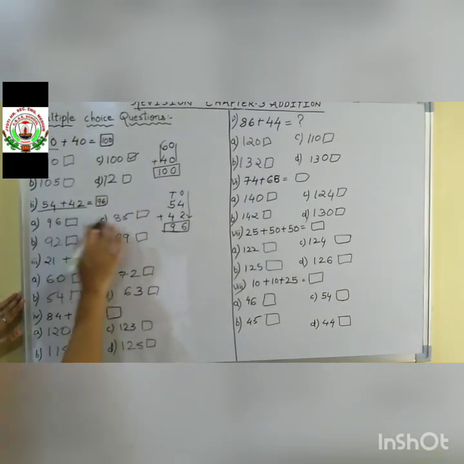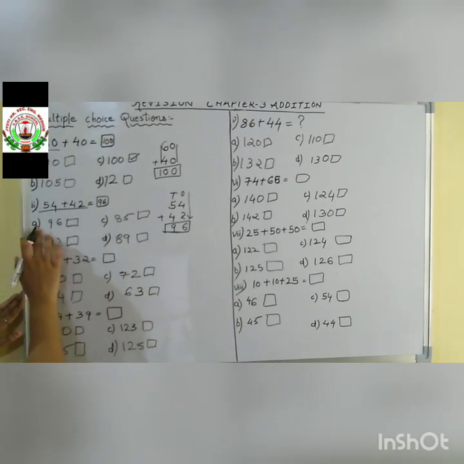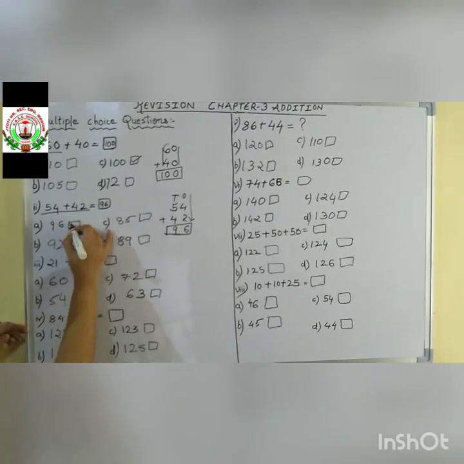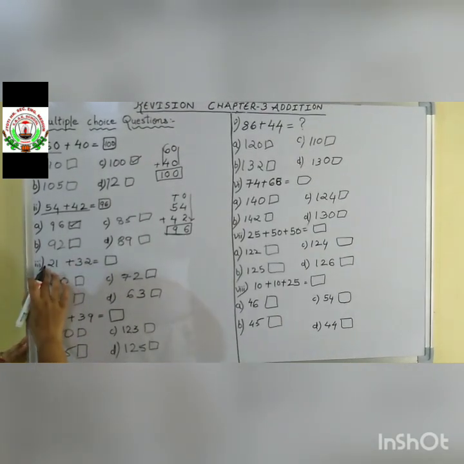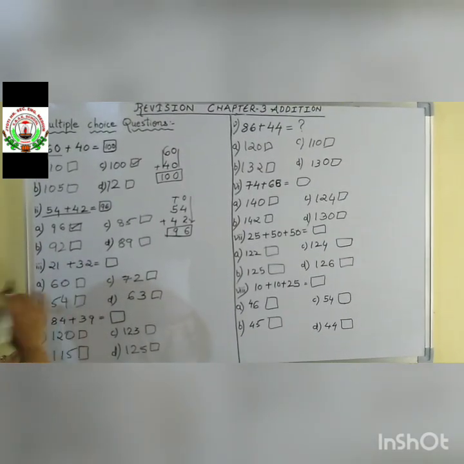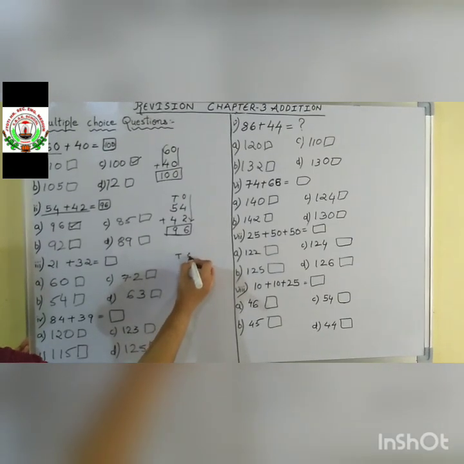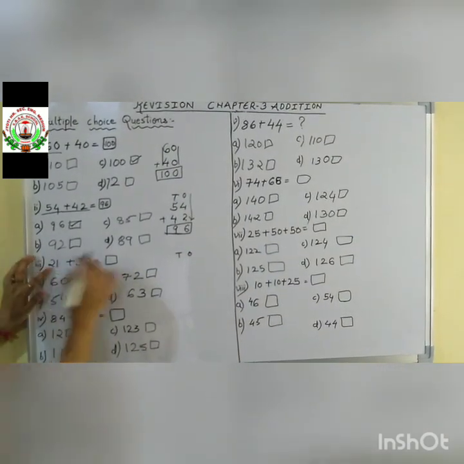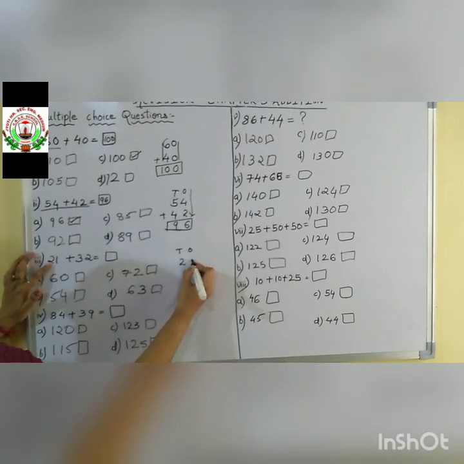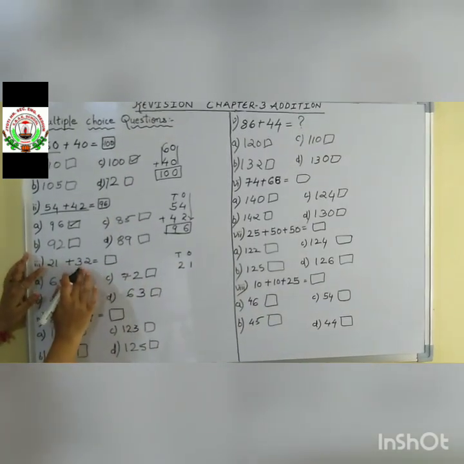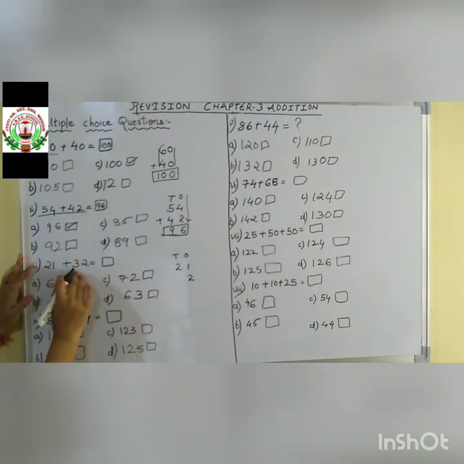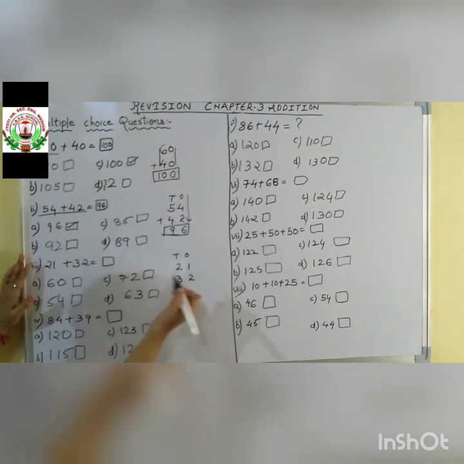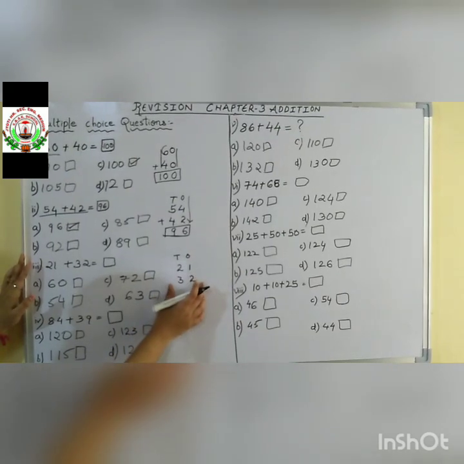So we have to see whether option 96 is there. A, 96 we get in the first only. So we'll put tick mark in the option number A, 96. Next question, 23 plus 32. Tens place, ones place. Okay, 23. First number 23 written. Then after that 32. Starting from 2, it will be coming in the ones place. Then 3, it will be coming in the tens place. Yes or no? Yes. Write down this way and put the addition sign.